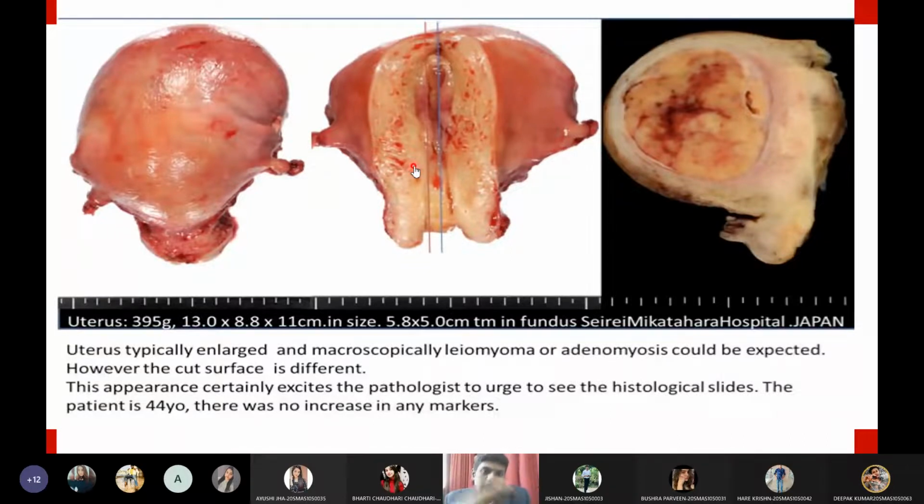Okay. After cutting the tissue, what did you feel? Is it very soft to cut? Is it hard to cut? Have you felt any grains or some debris-like thing on the cut surface? Or is it myxoid? Is it necrosed? Necrosed means is it decomposed? So you need to give a description of the cut surface also. So how will you give a description of the cut surface?